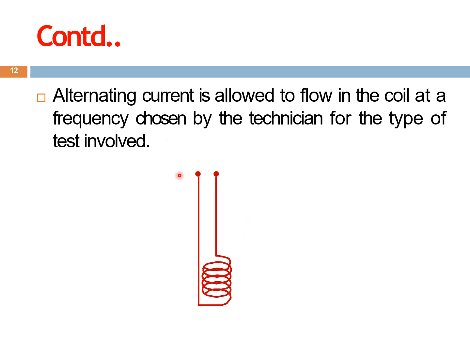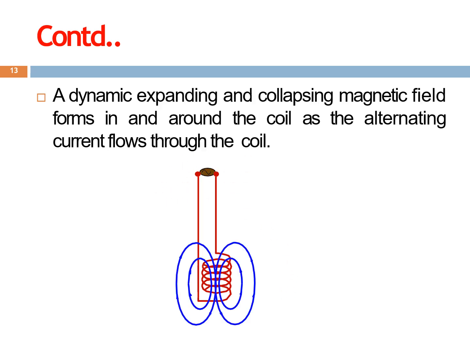That is, you have an AC current source here, and the operator can control the frequency, so we can pass alternating currents of different frequencies. When we vary the frequencies, the electromagnetic field that is produced will vary. In accordance, when you bring a second conductor into the vicinity, the induced magnetic field will also vary, and the eddy currents will also vary. So the eddy currents depend on the intensity of the AC power source that is being used.